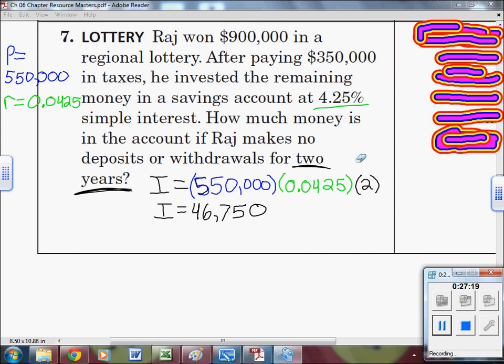So if you multiply all those together, your principal, your rate, and your time, you find out he earned $46,750 in interest. But the question says, how much money is in the account if he makes no deposits or withdrawals? Meaning, he has the original $550,000 plus he now has the $46,750, and so that's how much he has total. So I'm going to go ahead and just add those together. If we add $46,750 plus $550,000, we get a total of